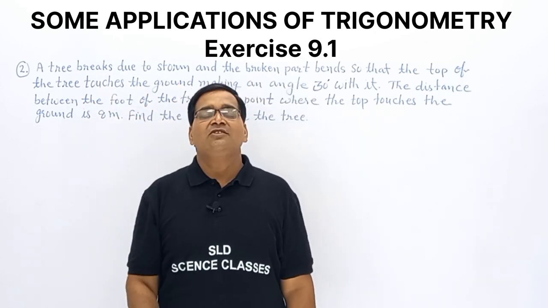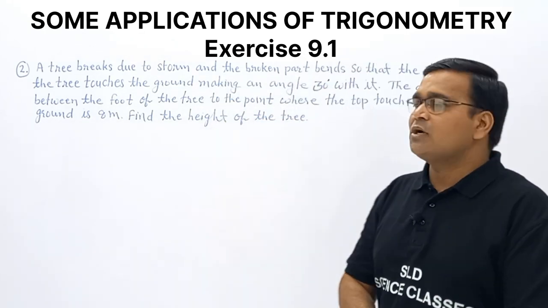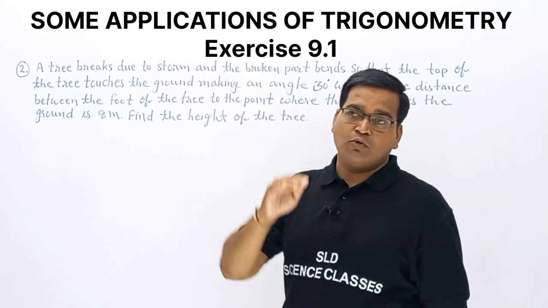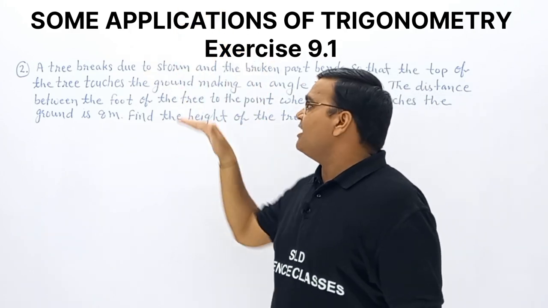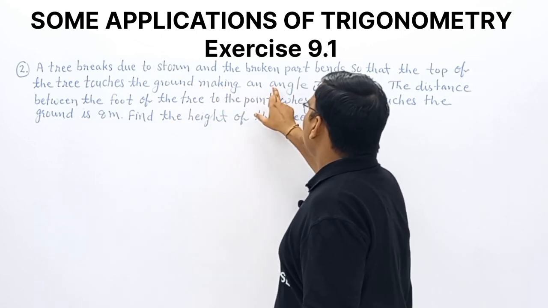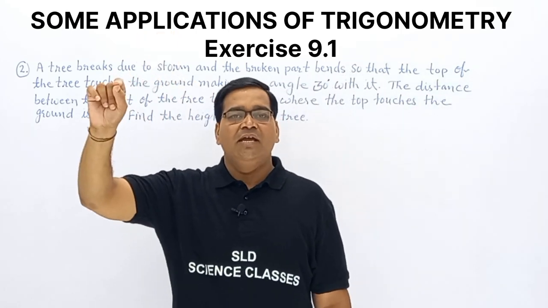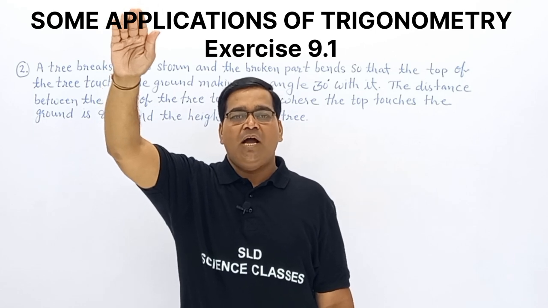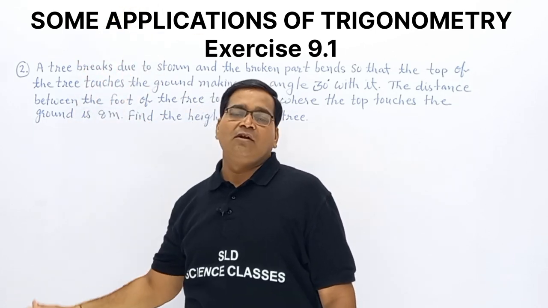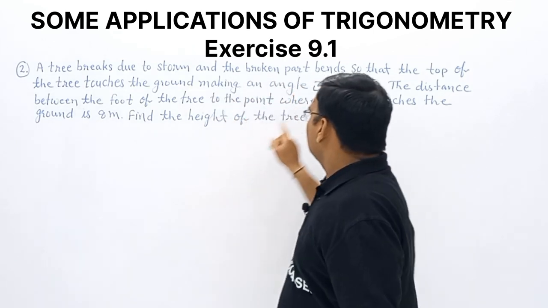Once the tree is broken, its top touches the ground, making an angle of 30 degrees